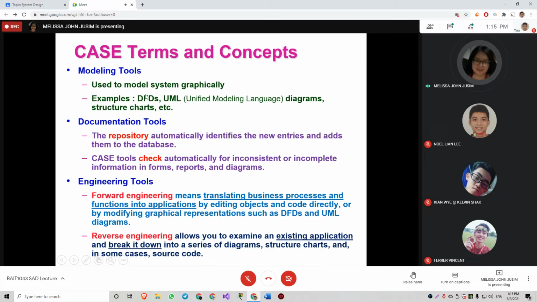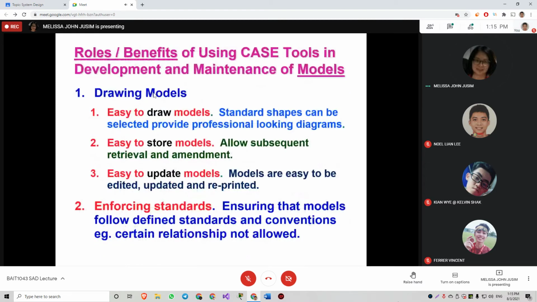What's the benefit of developing these models using CASE? Okay, so number one, it's easy to draw, easy to store, easy to update. Okay, everything in one location. I think you all use, what's the name already? Draw.io. I think it's Draw.io, right?